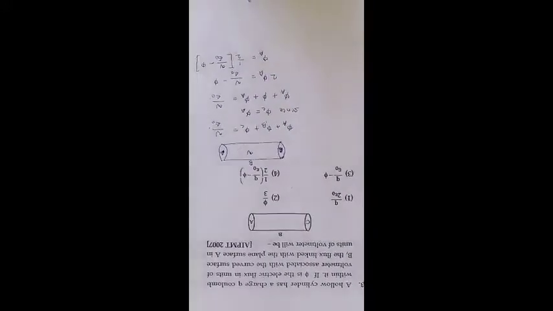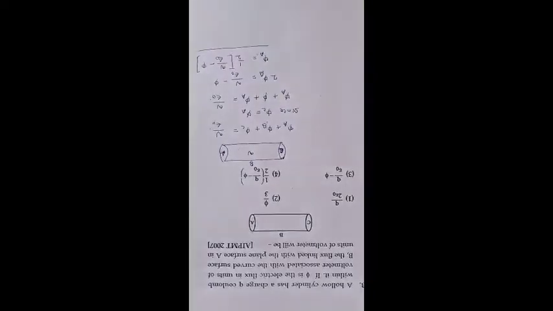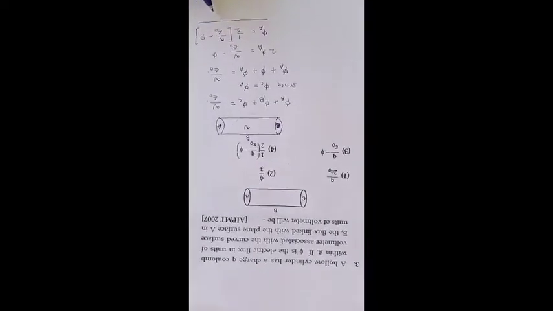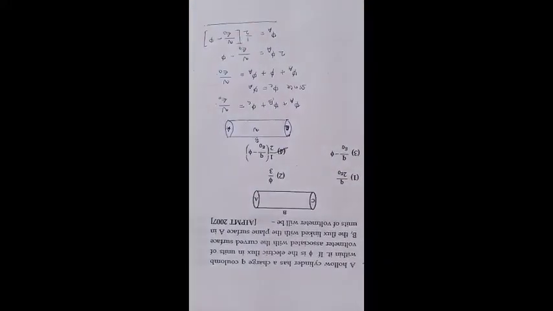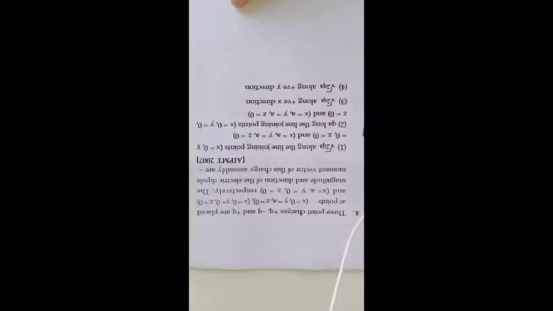So they are asking phi A value is how much? This is the value. So the answer for this question will be this one: 1 by 2 into Q by epsilon naught minus phi 1. That will be the answer for this. Next, after finishing this, see the fourth question, what they are asking.